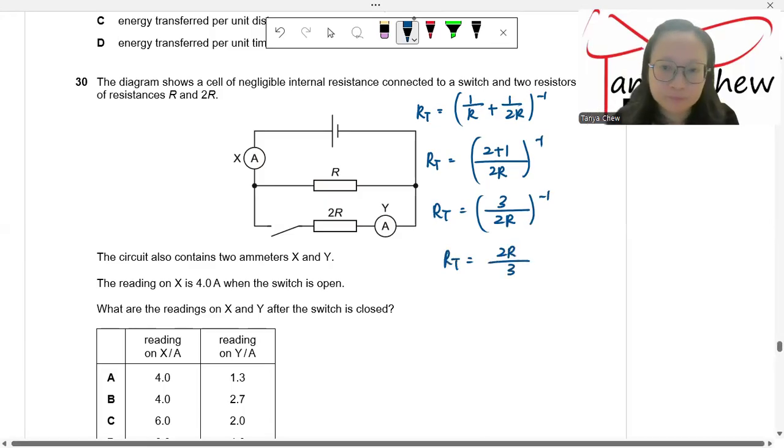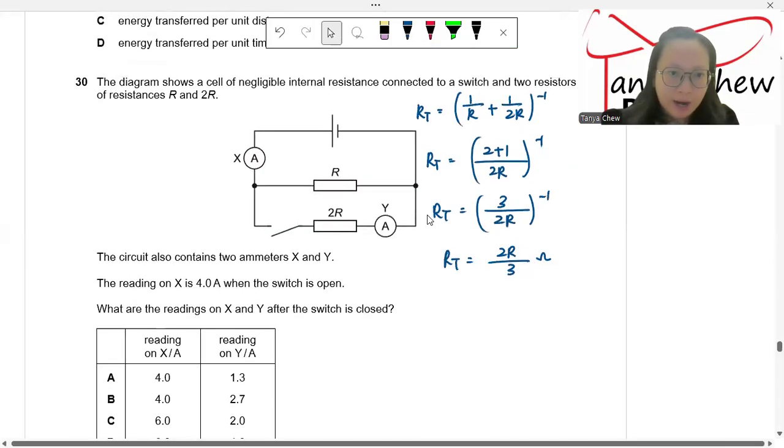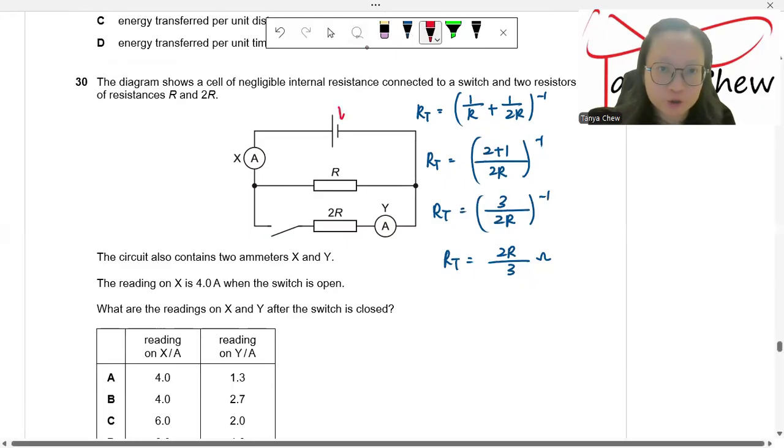Now I am going to find my IX. I know that IX, okay, I am going to use Ohm's law. When the switch is open, I'm going to find my potential difference. This is the total potential difference, when the switch is open,